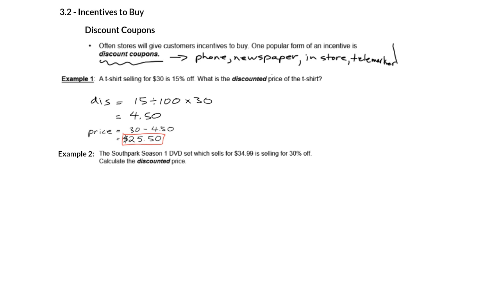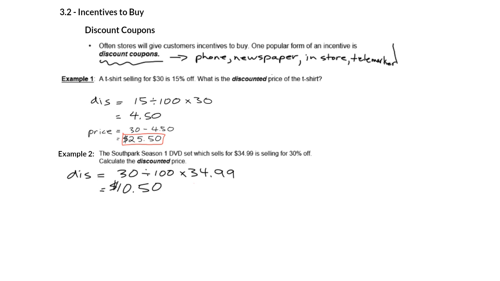Now, our biggest issue in class has always been rounding. So, if you notice here, for example, we've got South Park DVDs, and the sets are going to sell for $34.99, right? We're going to sell it for 30% off, right? So imagine that you get this discount coupon. The next thing that you're going to do is you're literally going to go and calculate the discount, just like we did before. Now, just like before, what we did was we did 30 divided by 100 for the 30%. Then we took times